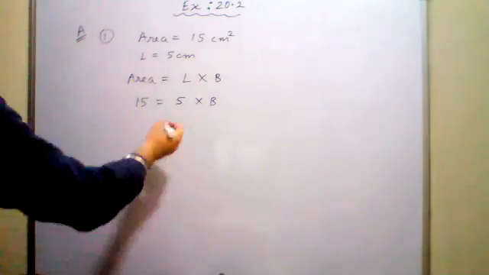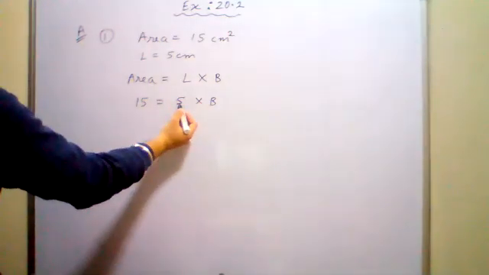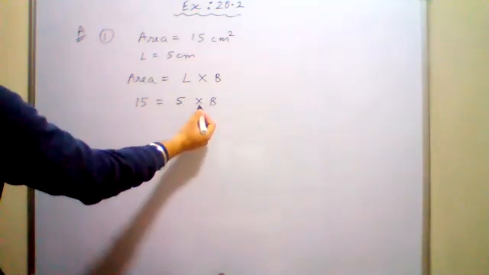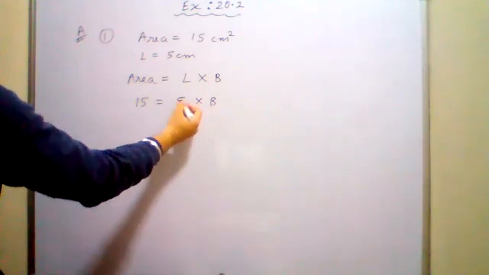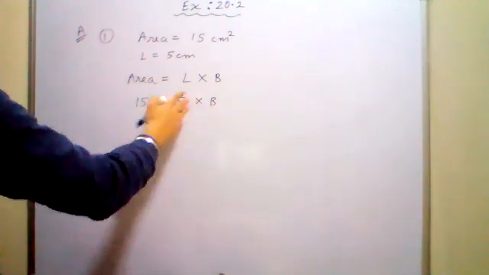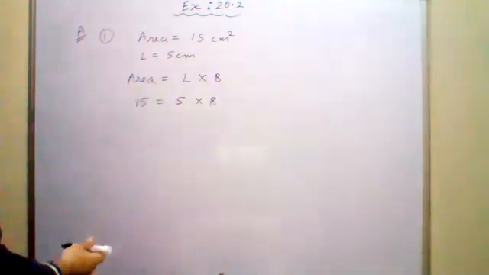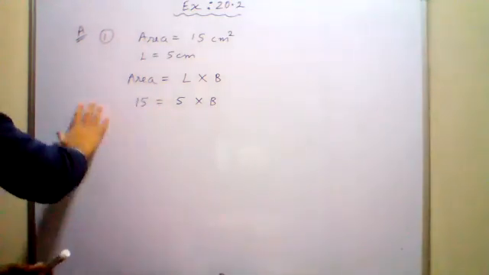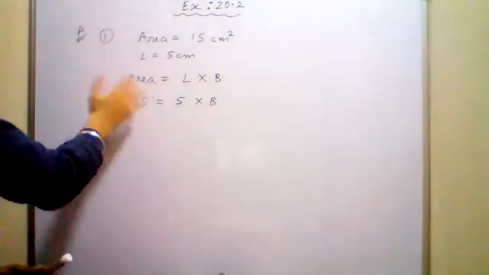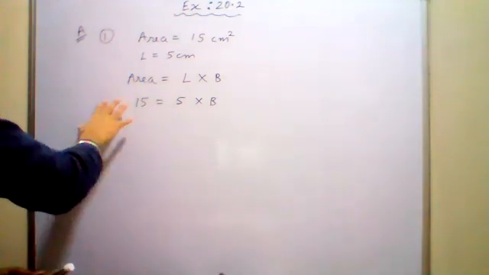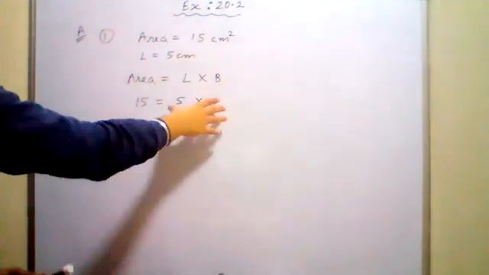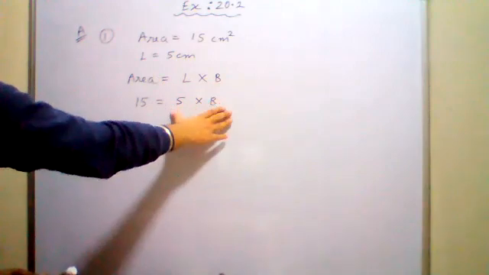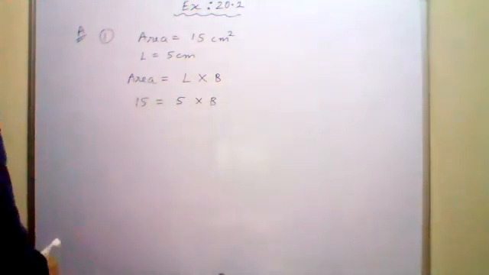So what will you do? Now in the RHS, you can see 5 is in multiply with B. What is the symbol between 5 and B? It is multiply. So I will take this 5 in the LHS. In an equation, there are two things, LHS and RHS. Do you remember LHS, RHS? मैंने पहले भी बताया था आपको. Equal to के left side में this thing is known as LHS. Equal to के left में जो भी होता है, that is known as LHS, left hand side. Equal to के right में जो भी लिखा है, that is known as right hand side. That means RHS. Right hand side RHS, left hand side LHS.